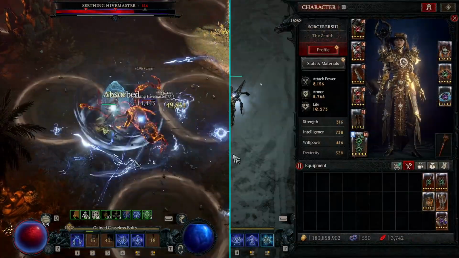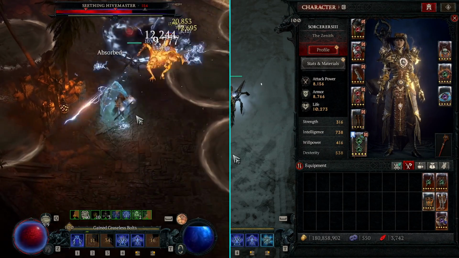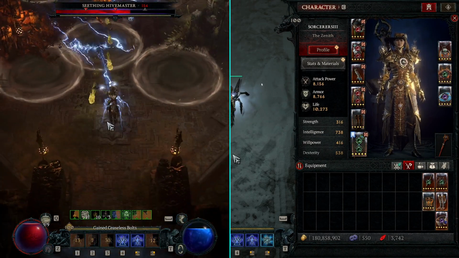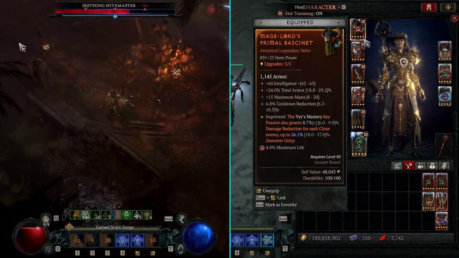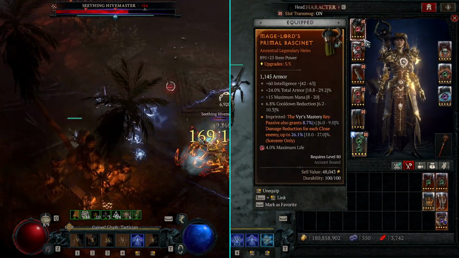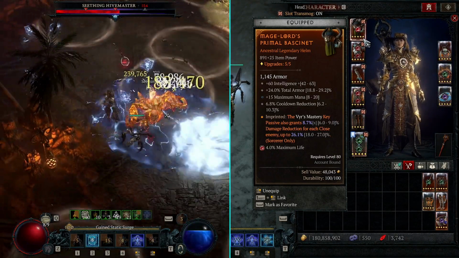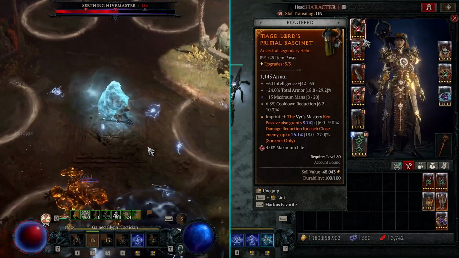Now I'm just going to go over the important stats and legendary aspects for each piece of gear, but I'll have the full build layout in a D4 build planner in the description below. So first, checking out the helmet. The stat you're looking for is total armor and cooldown reduction. And the legendary aspect I have is that Virus Mastery key passive also grants 8.7 damage reduction for each close